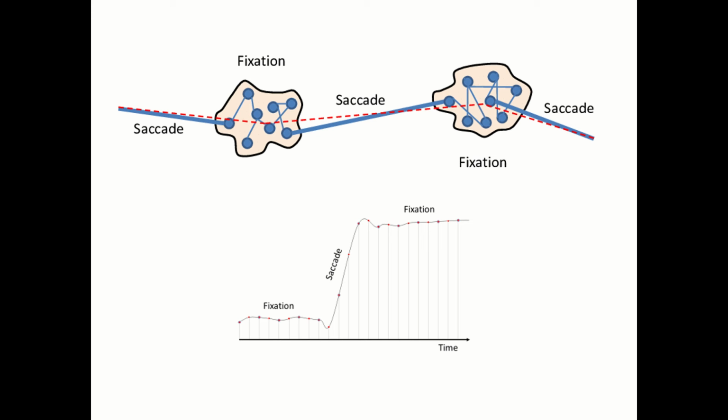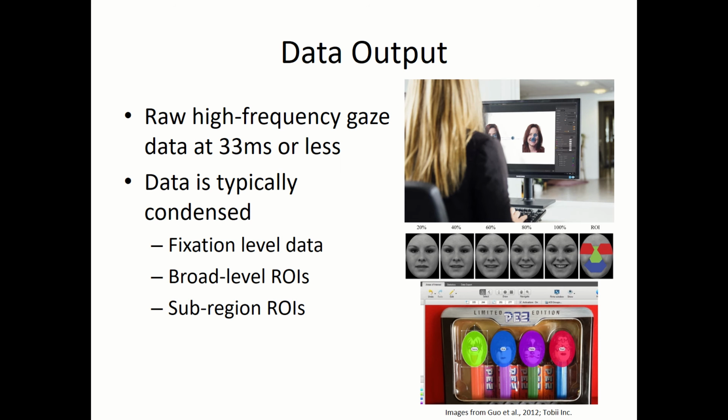So this is just broadly what the data looks like. This is one way, and usually the earliest form of classification of the data that you can use. The other two are basically two different region of interest approaches. So if we think of our raw gaze data over here,